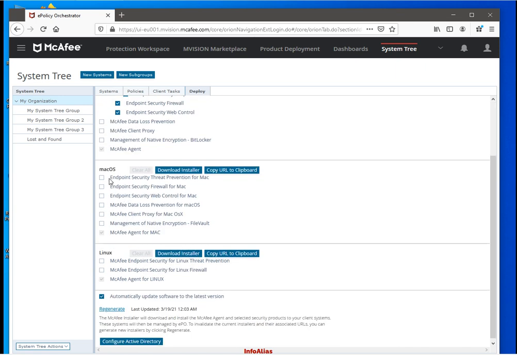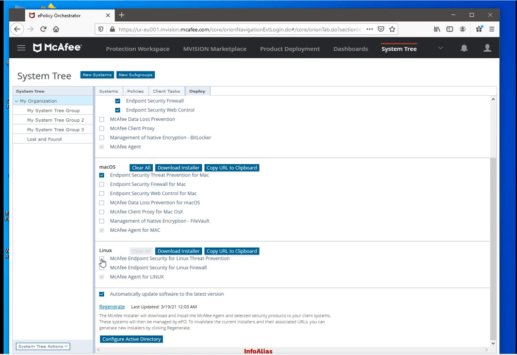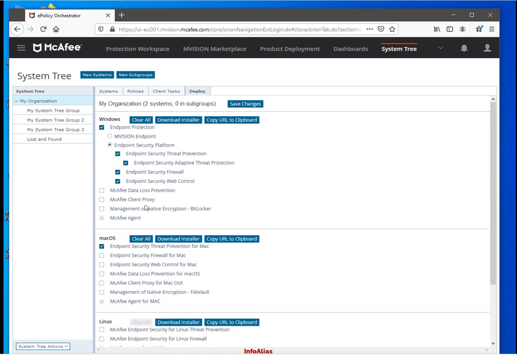If you want to manage the macOS client agent on McAfee mVision, you can select the McAfee macOS and their various products over here by putting the check. Or if you want to manage the Linux box, you can select the Linux box as well. So these are all the product selection tabs. Either you want to deploy these products automatically, or you want to download the installer on the client machine and install the product by selecting the exe file. So we will just deploy the product automatically.